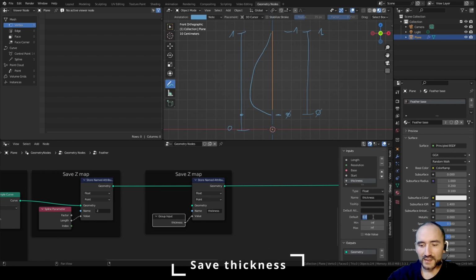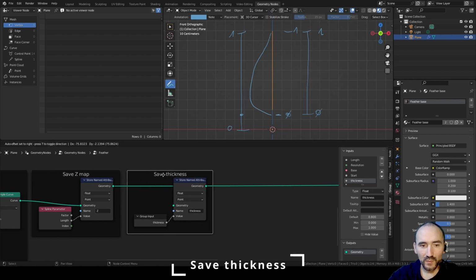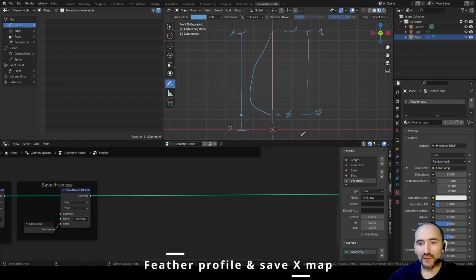So for now I set here 0.8 from 0 to 1, so I don't want a gap from one hair to another hair if I set 1 for this attribute, and if I set 0 I want the maximum gap, so no hair at the end. I want to stay in between. Okay, rename this section in save thickness for all points. This is good. Now we can create the horizontal line to create the profile of the shape of one side